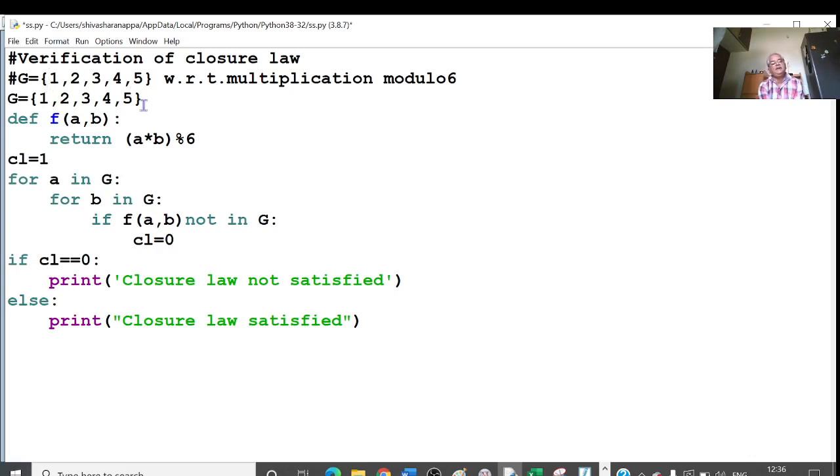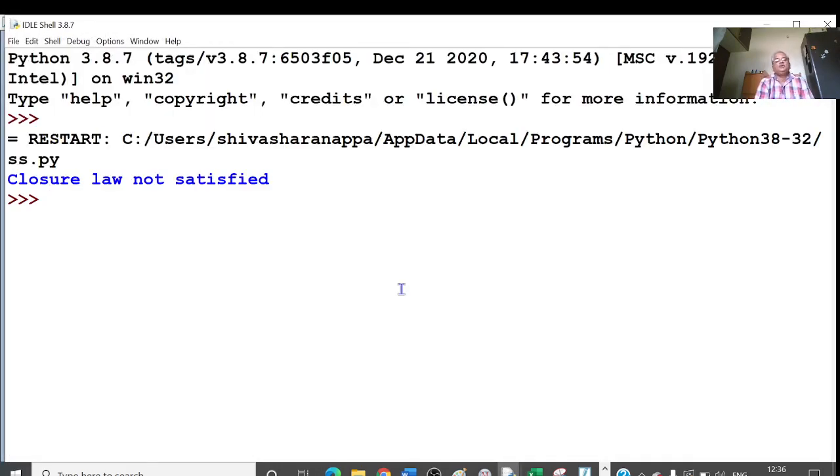Is closure satisfied? I don't think so, because here my operation is multiplication modulo 6. So if we consider these two elements, 2 into 3 is 6. 6 divided by 6, what is the remainder? 0. But 0 is not here. That means here closure is not satisfied. Okay, if I run this program, closure law not satisfied. Okay.